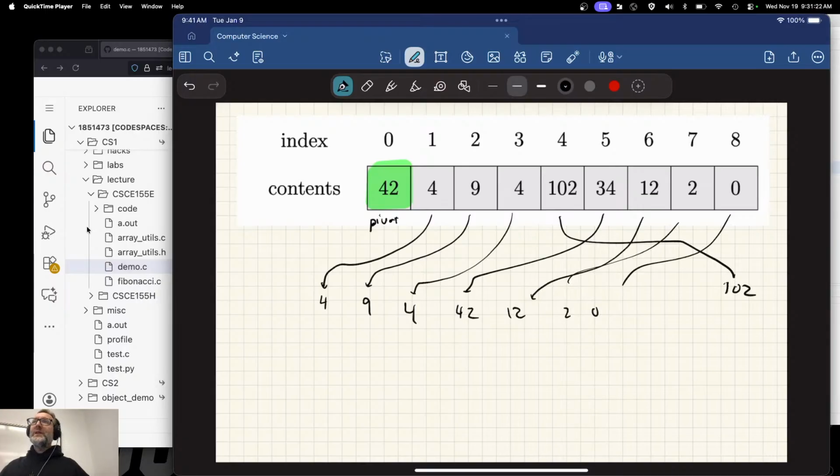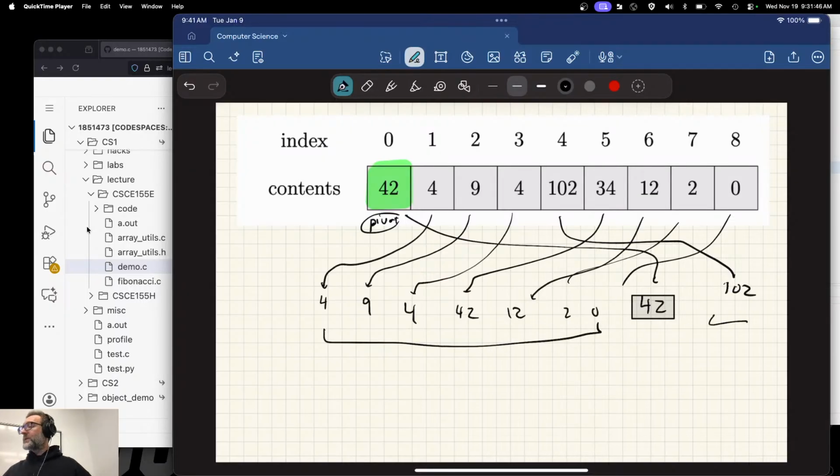Now that we've partitioned around this pivot element, where does it end up? Where should we put it? Right in the center, 42. Now, should we ever touch 42 again? Nope, because everything larger than it is in the right half and everything less is in the left half. But what we do is we recurse. We recurse on this side and we recurse on this side.